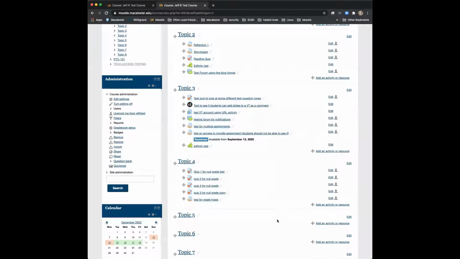As we move into the spring of 2021, the activity chooser in Moodle looks a little bit different. So I wanted to show you the old version and the new version so you could get a feel for the changes. So currently I'm in the old version of Moodle, the one we've used through the fall of 2020,